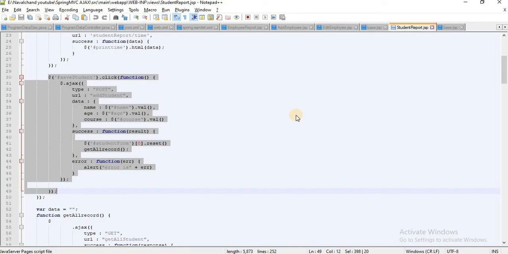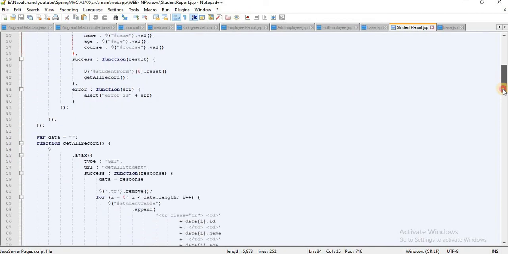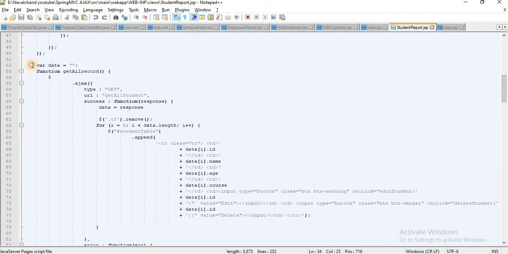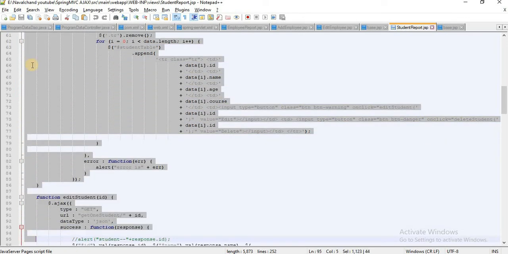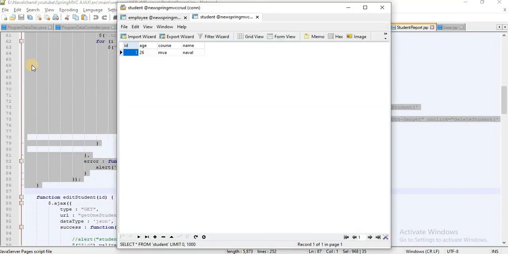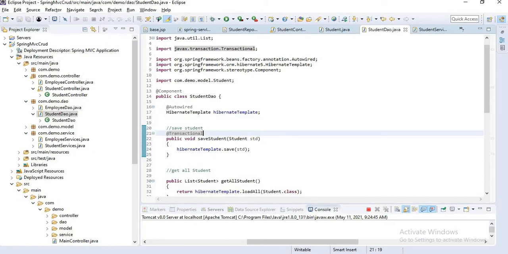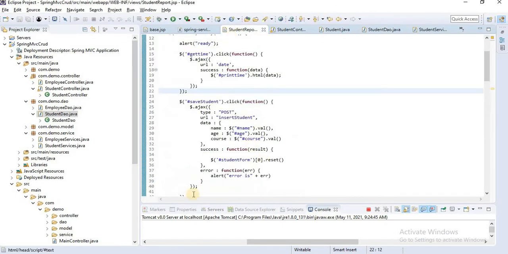Let's go to our previous code. Here I already have done one thing. I'll copy this code and paste it into our application.